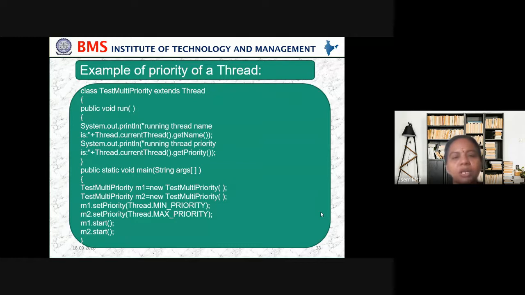What is the priority given for the current thread, and what is the priority of the next thread? Then create objects for MultiPriority, with the names M1 and M2. Then set the priority, whether we want to set it as minimum priority or maximum priority. After that, start the thread. So start M1, start the first object, the first thread created and the second thread created.